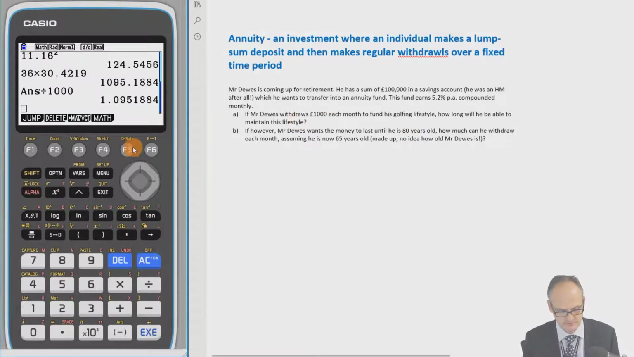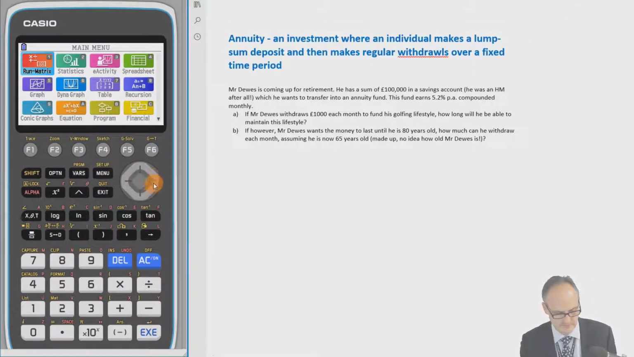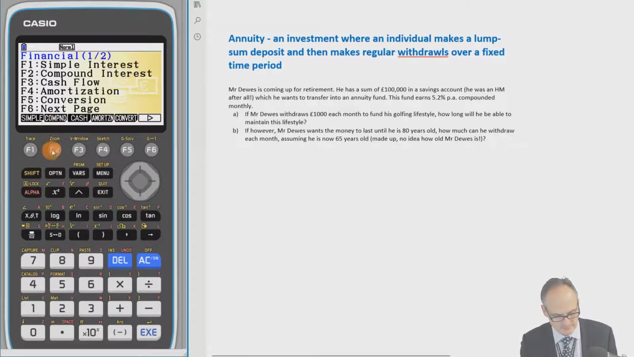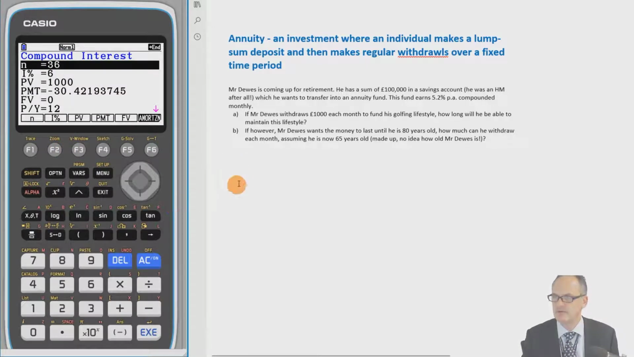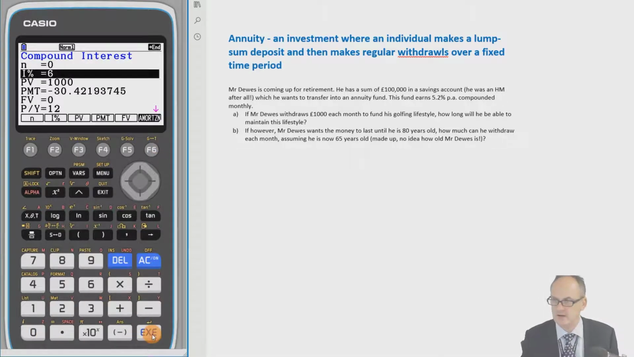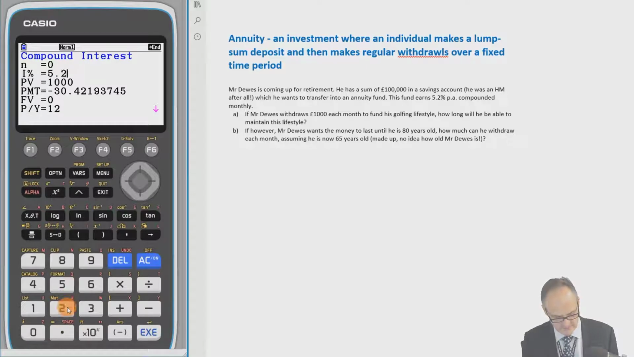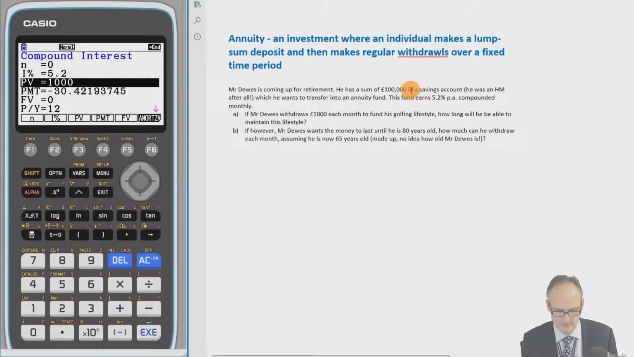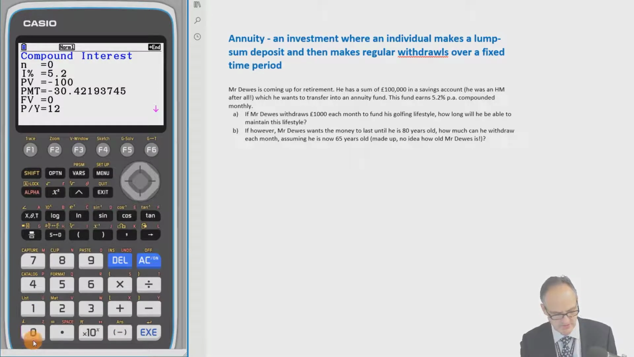So what we've got to do is go back to our menu, go back to our financial section, and we're going to go back to F2. Okay, now this time we don't know N, so let's just delete N. We can put 0 in there. Okay, we know the interest is 5.2. Now in this case it's not a loan because he's taking money back. So what we're going to do is say it's minus £100,000 in there. And we know now the monthly repayment. He's going to take out